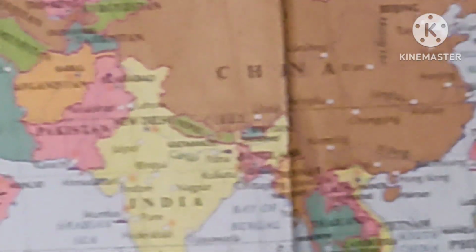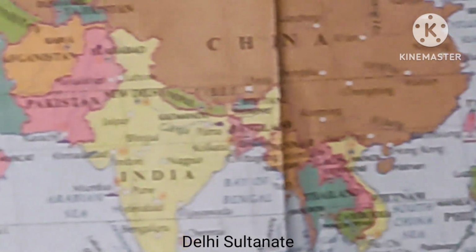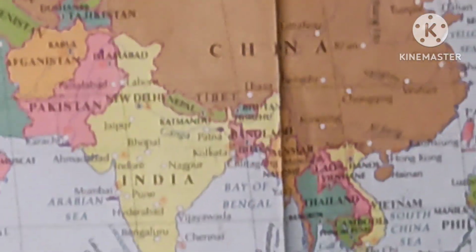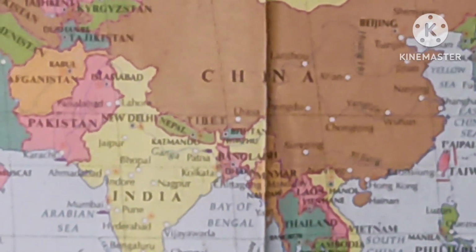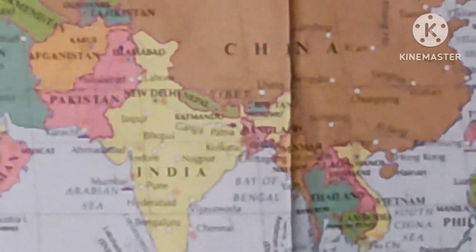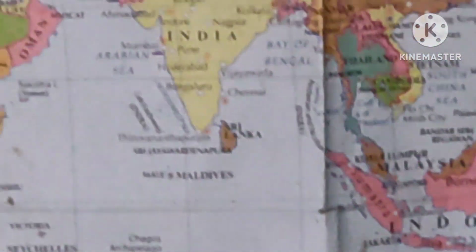At that time in North India, a power called the Delhi Sultanate was arising. They made their capital New Delhi, at least present-day New Delhi. At that time, the name was Delhi-i-Kuhana. It was the reign of Alauddin Khilji. Around that time, he sent his general and favorite slave, Malik Kafur, to campaign down in the south and capture